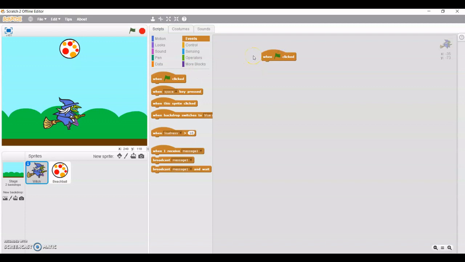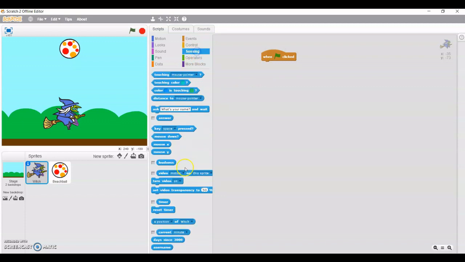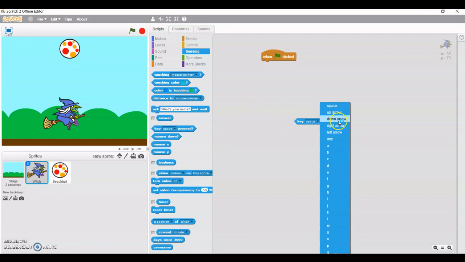When you click on the flag, all the written statements inside this flag will run concurrently. Okay, so now I'm going to use this sensing block, that is the key space pressed. I'm clicking on it, right arrow.